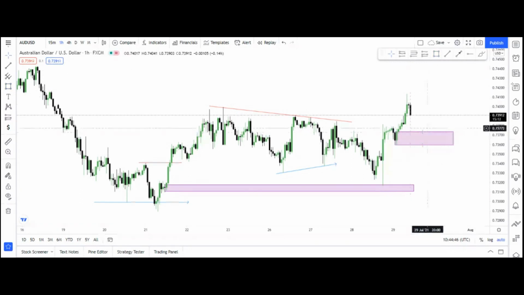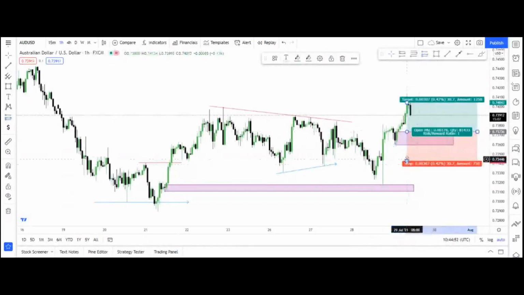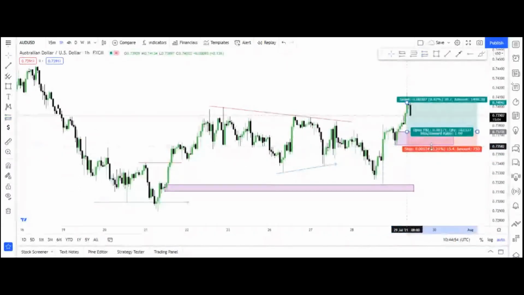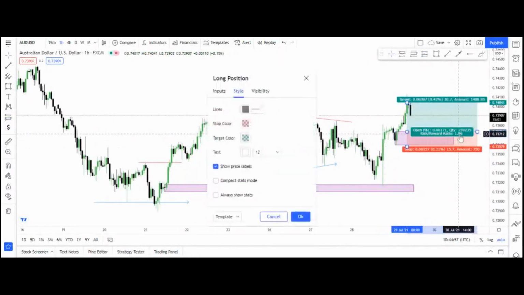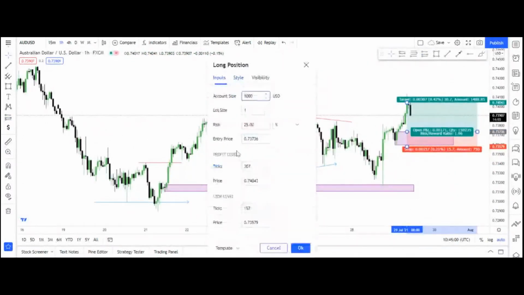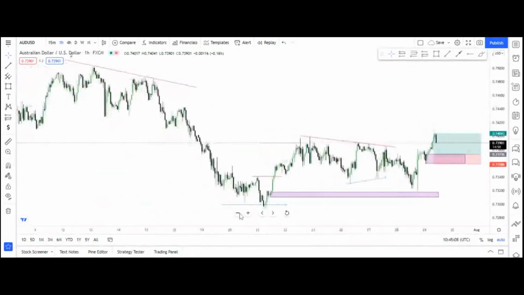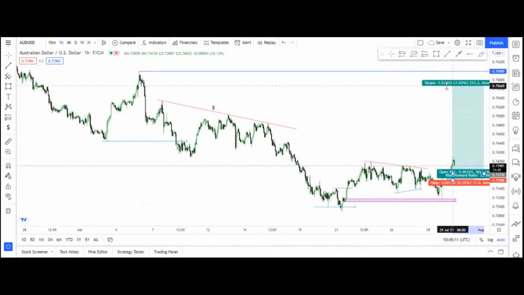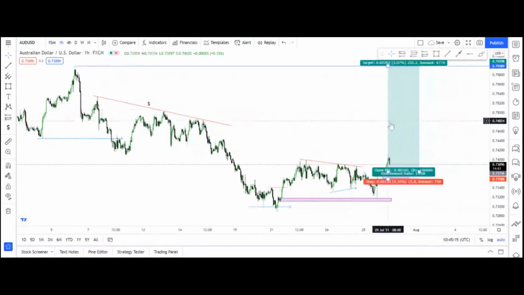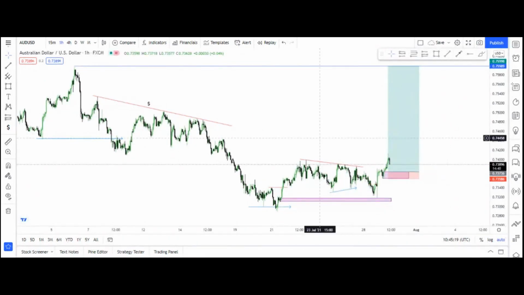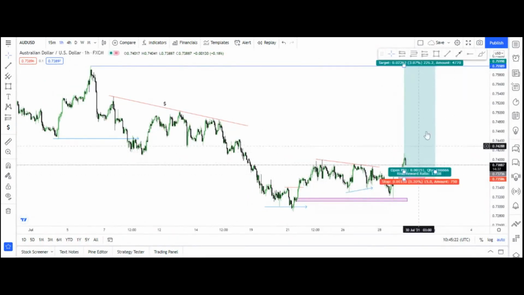I already have a limit order here, so it's not even I'll buy. I already have a buy order waiting here with, I think I used a 15 pip stop loss. Yeah, a 15 pip stop loss and a target of, God knows how many R that is. Okay, that's 13R. I'll be making 13% of my trading account on this one trade, just this one trade, if it plays out properly. And I'll be using 1% of my trading account on this one trade.